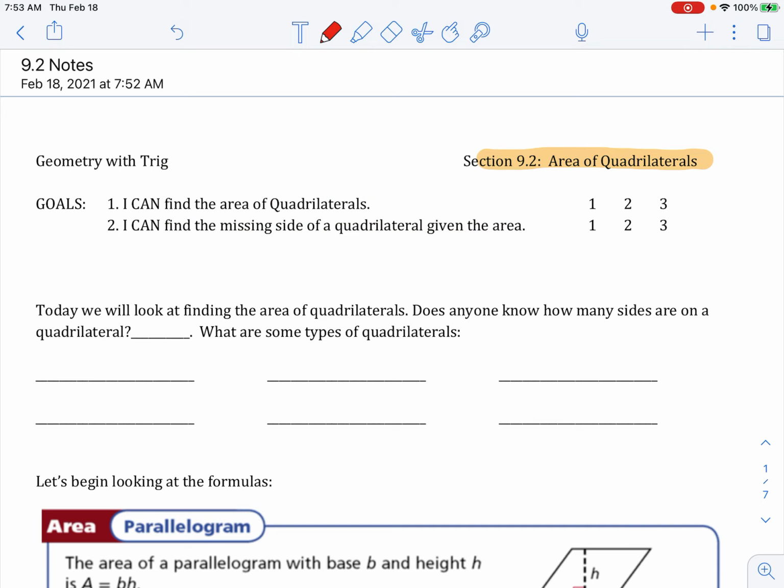Today we'll be looking at finding the area of quadrilaterals. Remember how many sides a quadrilateral has. A quadrilateral is a four-sided figure. All right, so we have a four-sided figure for our quadrilateral. Now let's name some of those shapes. Remember, a four-sided shape could be a parallelogram,